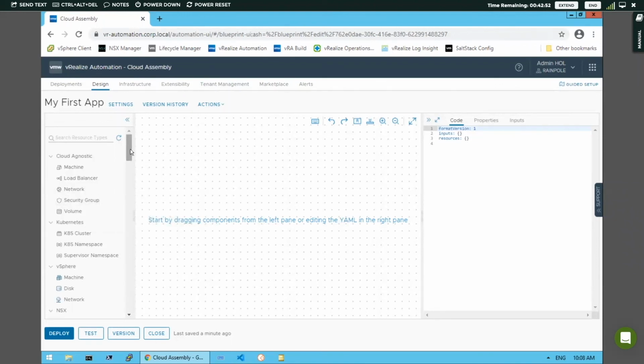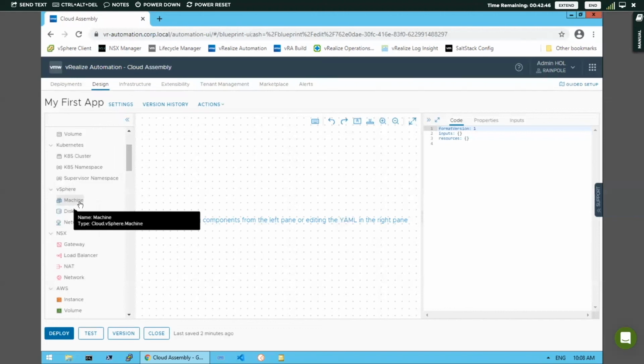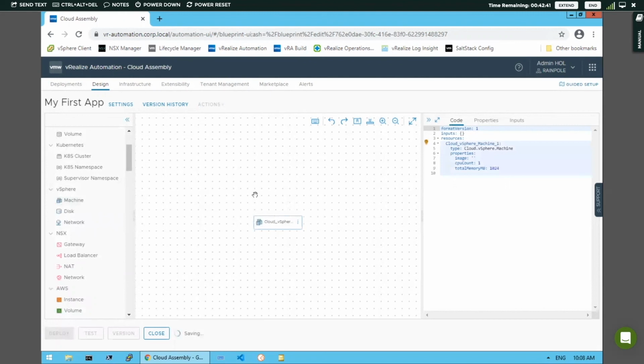And so in order to create our first object, we're going to create a vSphere machine. So we're just going to go ahead and drag and drop that onto our canvas. Now you see immediately that our YAML code has started to populate itself and start to configure some things. But you'll also see here that we have an error. And that is because we need to set some property values to define our object. So if we go ahead and click within